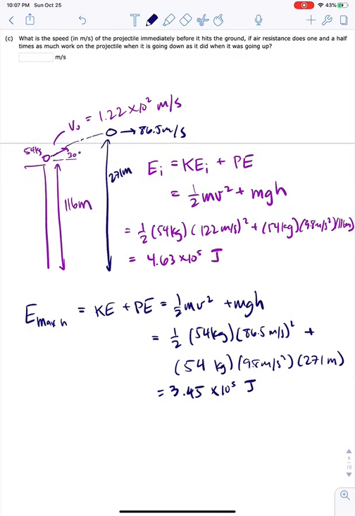And so then our energy initial minus our energy at the max height is